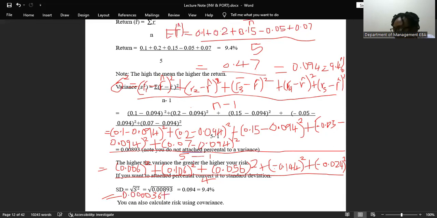So we are squaring this. That is 0.106 apart. Okay, we are getting 0.01123. This. Okay,